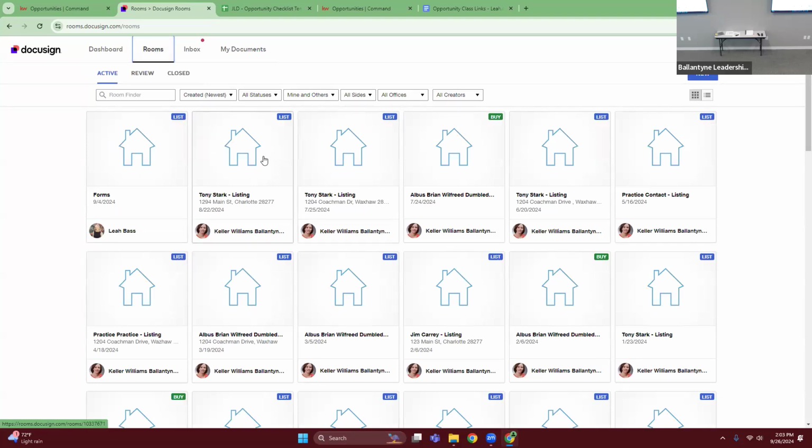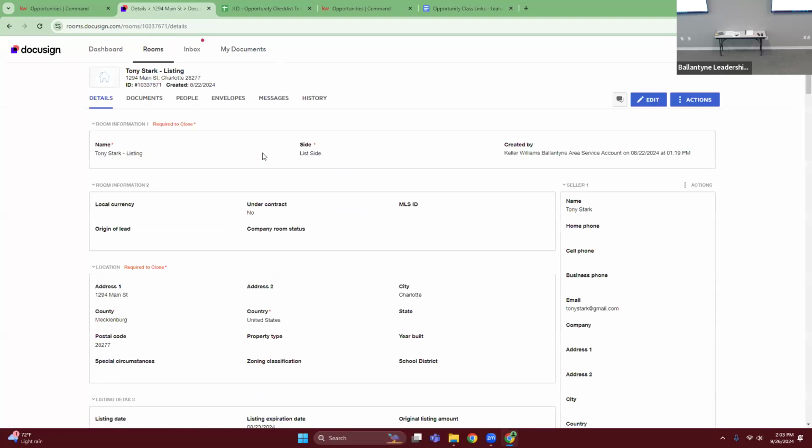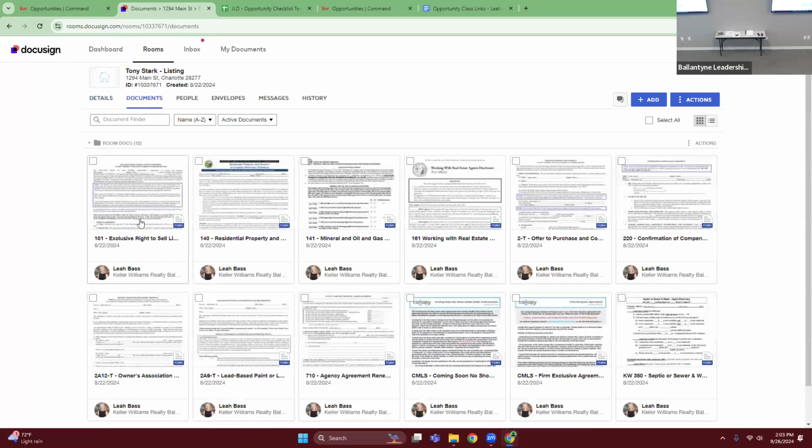And go ahead, if you have an opportunity or a transaction in here that would apply to the listing, if you just create a listing agreement at least. I'm going to open up the room that is for a listing. And how we apply that template is, I made a template for the exclusive right to sell. So here it is. I can right-click on it, and you'll now see the option to apply form template. So you only see that option for forms you've created a template for. Like I have not, for example, made a template for the residential property disclosure, so I don't have that option at all. But when I right click on the exclusive right to sell and click apply form template,